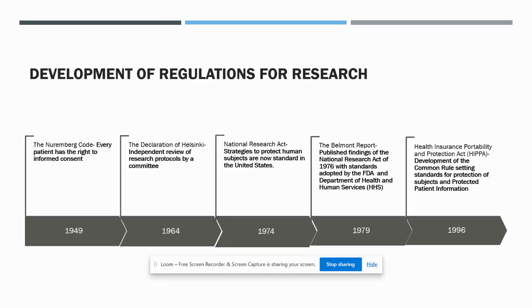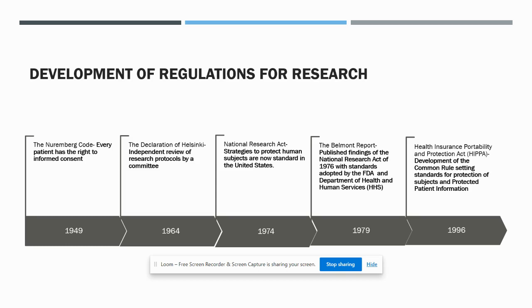The first one that we often think about, particularly in the aftermath of the Holocaust, was the Nuremberg Code. Every patient essentially has the right to informed consent. Obviously, those victims in the Holocaust were not given any form of informed consent, and not only those that perished in the Holocaust, but also the indigenous peoples and many of our Black participants that participated in studies. None of these groups were given informed consent, right? And so the Nuremberg Code essentially stated that every patient has the right to informed consent.